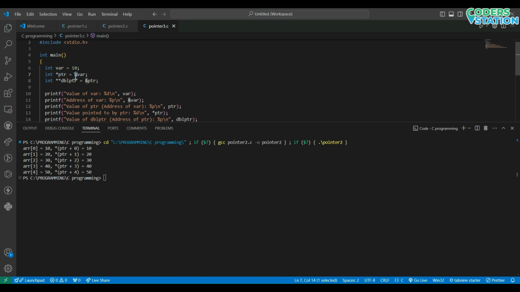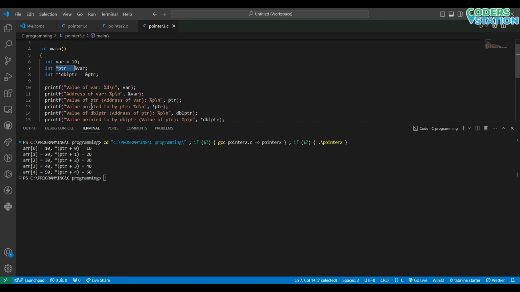So here you can see we have the ampersand sign over here because it is a normal variable and not an array, so we are writing the ampersand symbol with it. Now the pointer to pointer concept states that we are creating a pointer variable which points to another pointer variable. As in our previous programs, we created a single pointer variable to a normal variable. Now we are creating a pointer variable to our pointer variable.